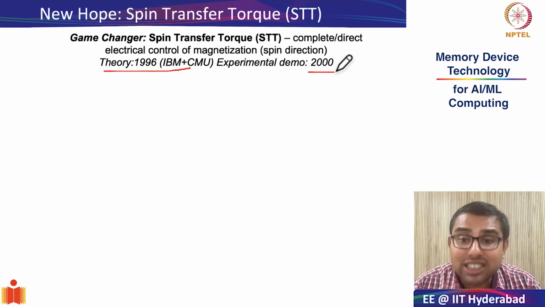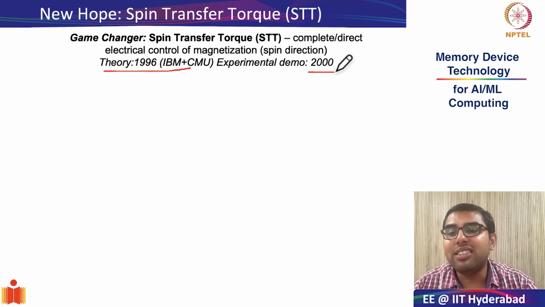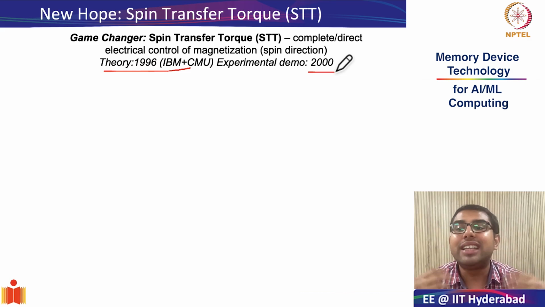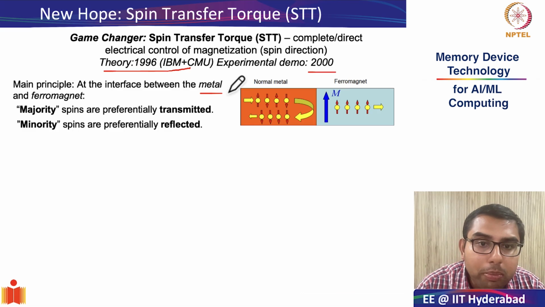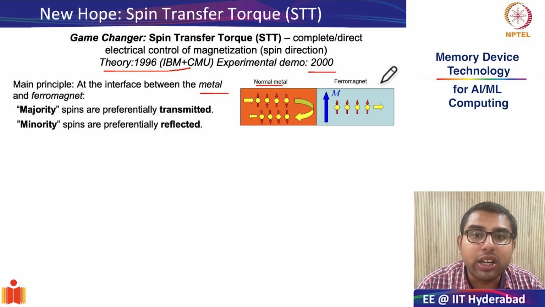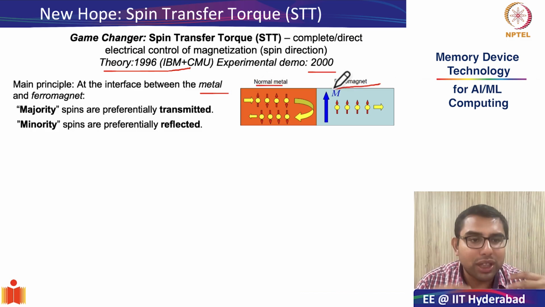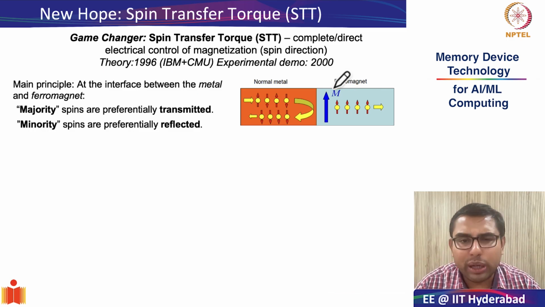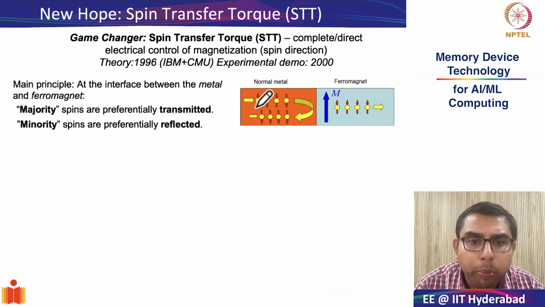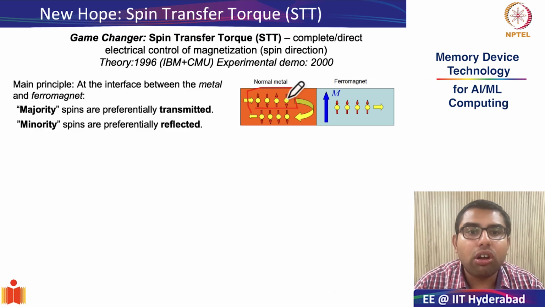Okay, so the main question, however, is how do you generate these spin polarized currents? This kind of spin filtering, for our purpose, happens at the edge of a normal metal and a ferromagnet. The actual phenomenon, with its quantum mechanical details, is a bit more complicated, but for our course it is enough to understand that if a charge current, look, this is a charge current, half of the electrons are in upspin, half of the electrons are in downspin.